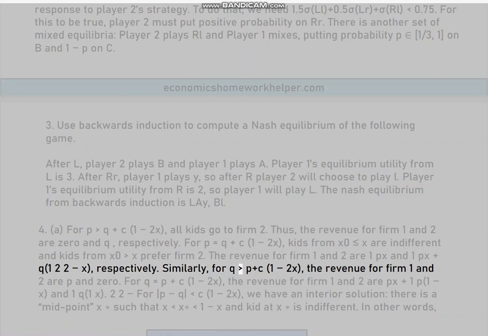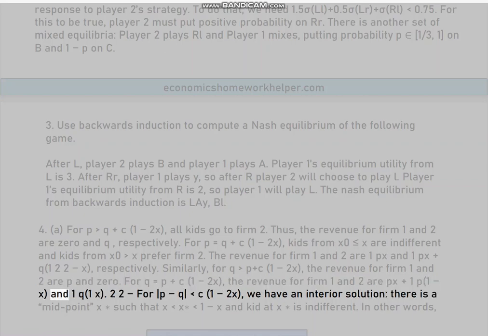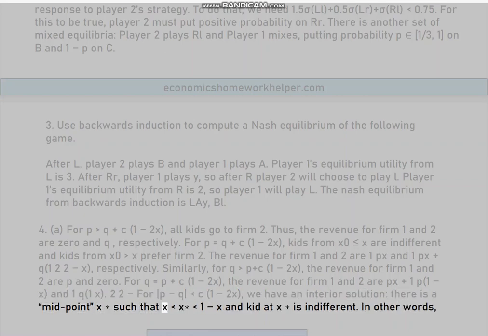Similarly, for q > p + c(1 - 2x), the revenue for firms 1 and 2 are p and 0. For q = p + c(1 - 2x), the revenue for firms 1 and 2 are p·x + p(1 - x)/2 and q(1 - x)/2, respectively. For |p - q| < c(1 - 2x), we have an interior solution. There is a midpoint x such that x < 1 - x and the kid at x is indifferent. In other words,